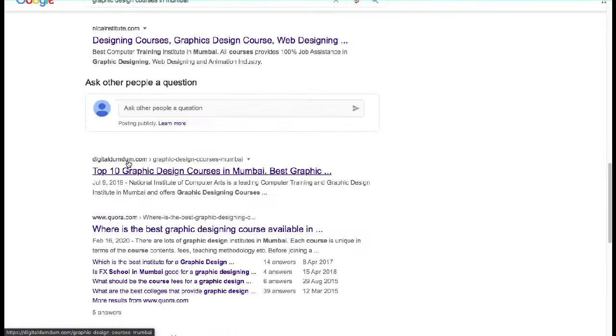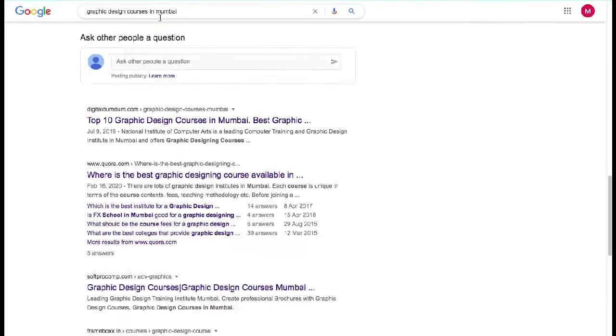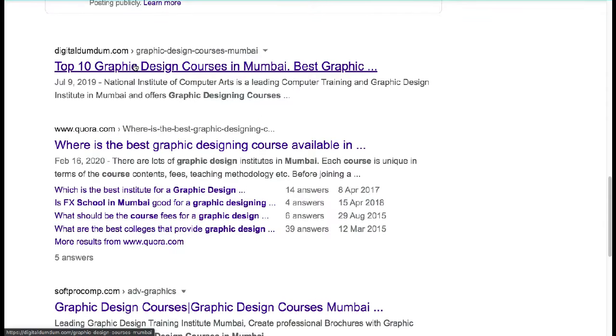So for this particular keyword, graphic design courses in Mumbai, I am ranking on the 6th position, and you are able to see me at the 6th position now. But sometimes this article jumps to the 3rd and 4th position as well. I've managed to get this ranking only through on-page SEO and mainly through the keyword research process, finding the right keyword, also called the primary keyword, and some secondary keywords. So finding these keywords is the key, that is the secret.